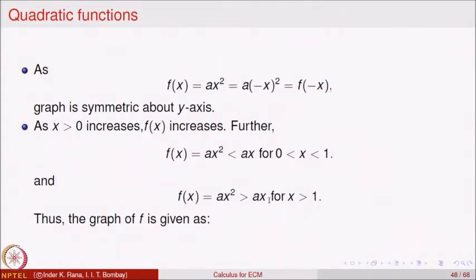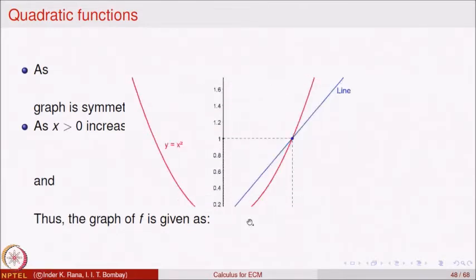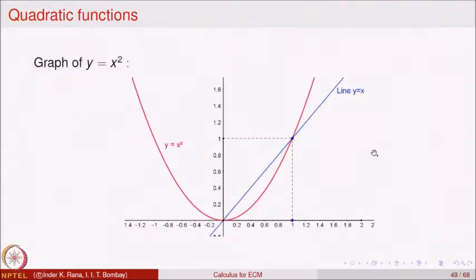So, if a is equal to 1, that is, y equal to x square, then we can easily plot the graph. So, this is the graph of the function y equal to x square. We have taken a equal to 1 just to simplify and understand what the graph is, right. This red one is the graph of the function. This line is y equal to x because a equal to 1. So, up to the value 1, the graph is below the line, and then it overtakes and grows faster, and it is symmetric around the y axis.